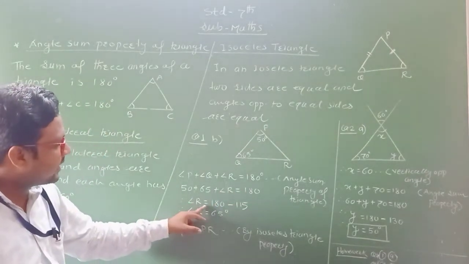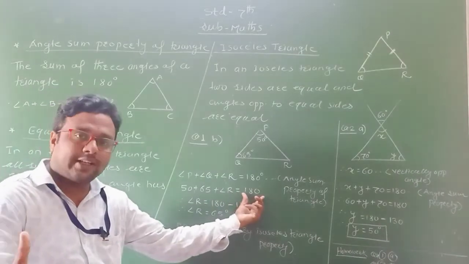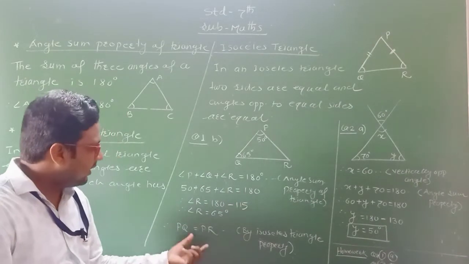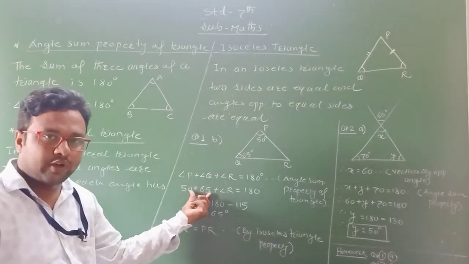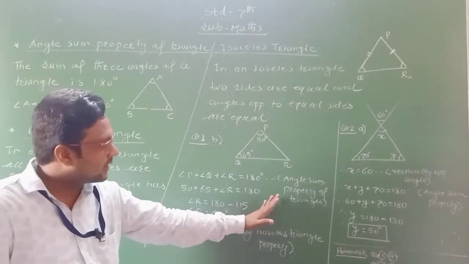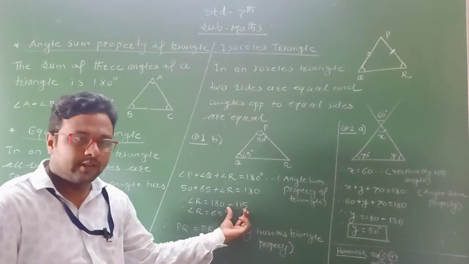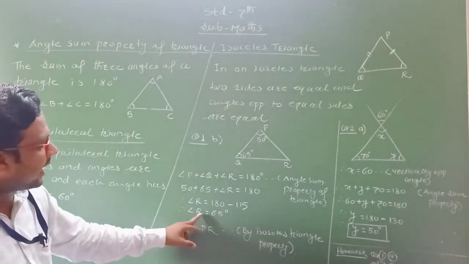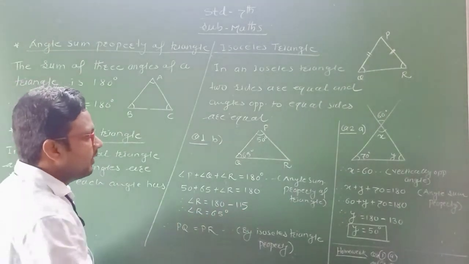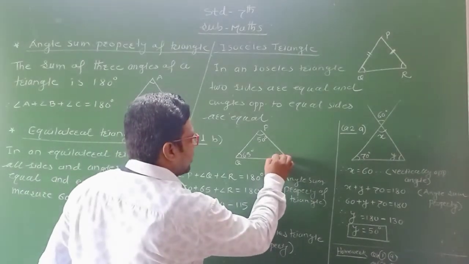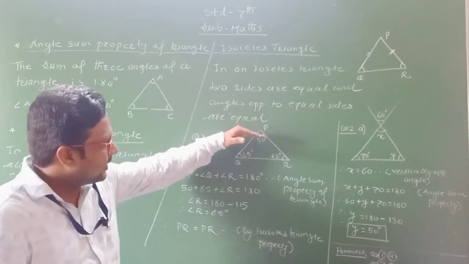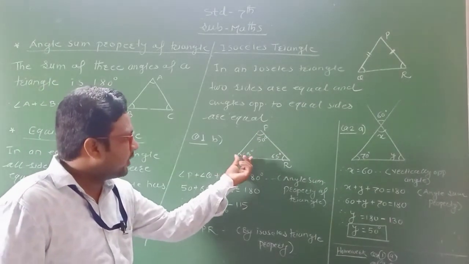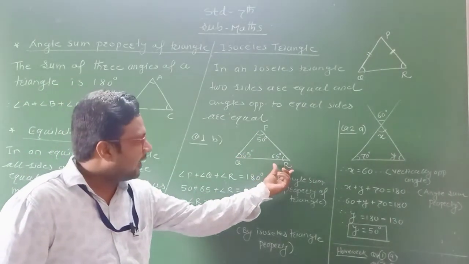Then angle R is equal to 180 on the right hand side of the equal sign as it is. The sum of these two numbers is what? 115. 50 plus 65, we transfer on the right hand side, becomes minus 115. Clear? Therefore, angle R is equal to what? 65 degree. Here we find out angle R is equal to 65 degree. Clear? Now see, in this given triangle, angle Q is equal to 65 degree, angle R is equal